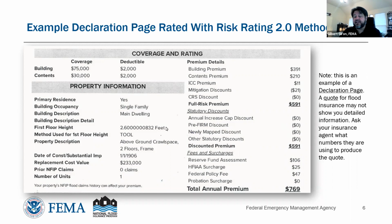For example, if they change the building coverage to $200,000, that will change the premium. Or if there's a post-construction mitigation project and the first floor height is elevated, that variable will change, so that will impact the premium. And if there are any administrative changes to the fees or surcharges, that will change the